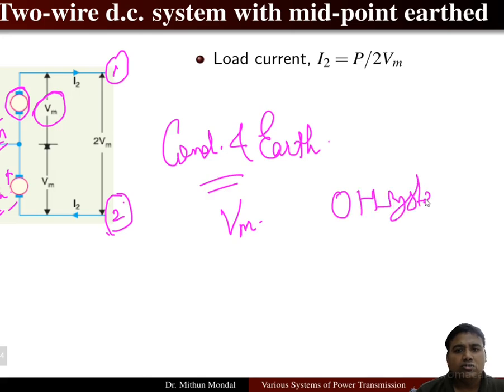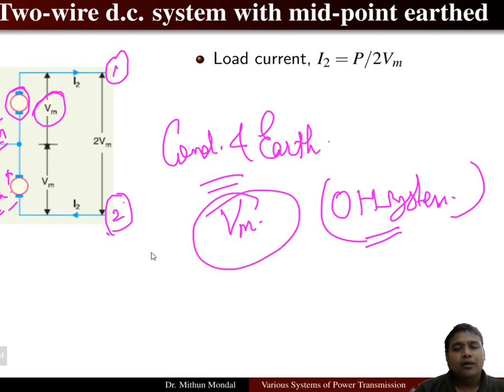Lecture number 6, the entire discussion will be based on the overhead system. So in the overhead system we have made an assumption: the first assumption is that the voltage between the conductor and earth will be the maximum, and the same amount of power will be transmitted over the same length,